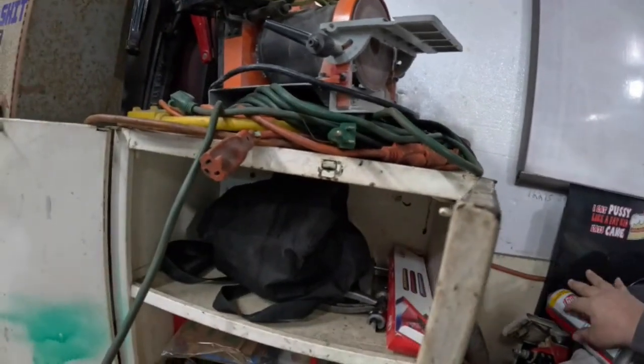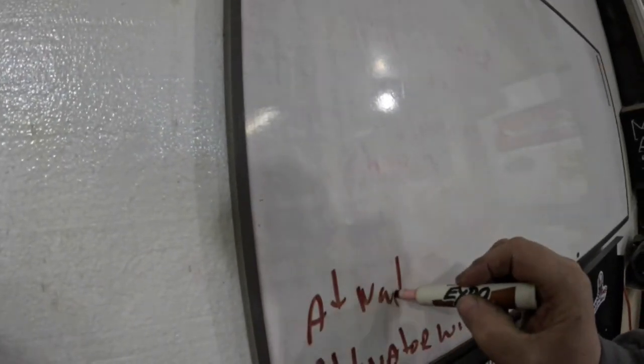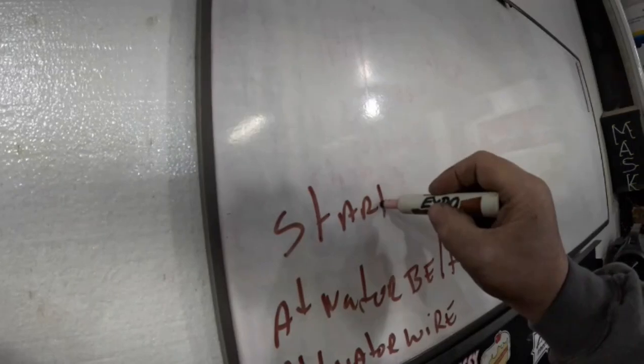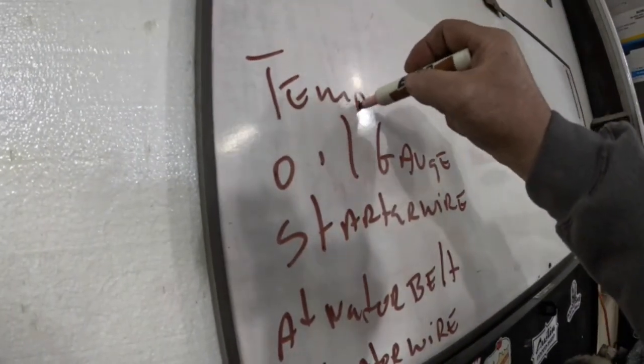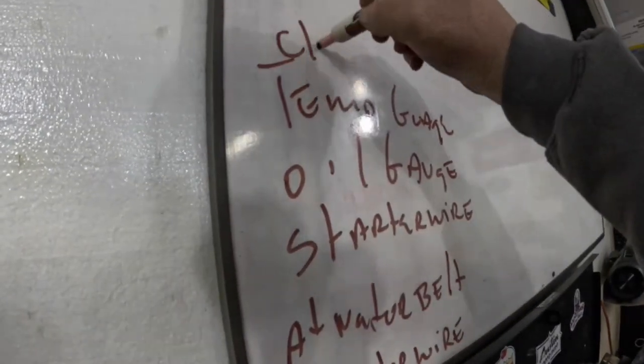So today's story. Let's find us a nice Sharpie. We used to have some skinny ones. We're gonna go with brown. Alright. Because I'm a short fat guy, I start down here. We're going to do the alternator wire, the belt, starter wire, oil gauge, temp gauge,